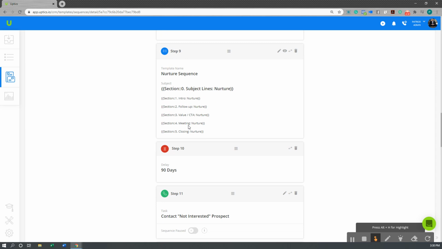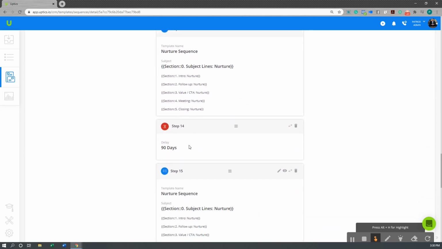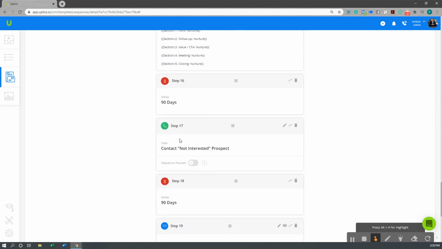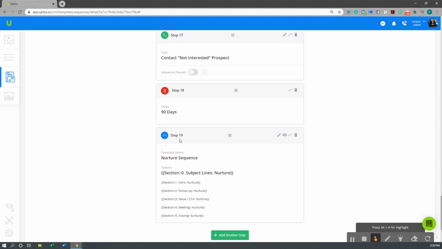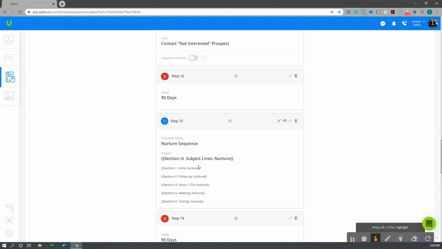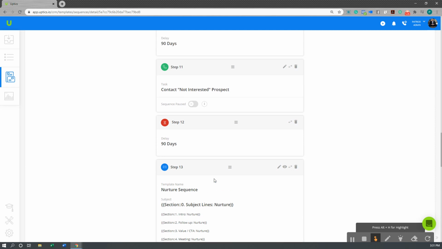Basically what we can do is use the same email template and put it on a really long drip. It's the same template, and you don't have to mess around with writing custom emails. You write basically one email, you write variations of different lines, and then you just put that one email in there. It helps you set up these campaigns a lot quicker. So that's how we do it.